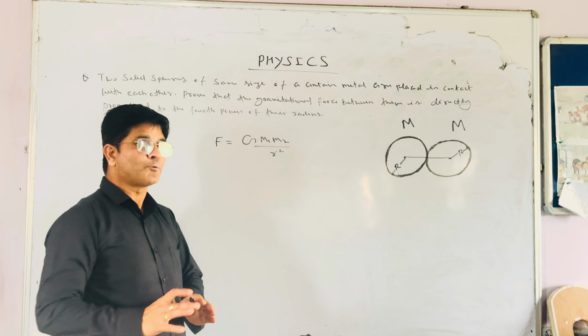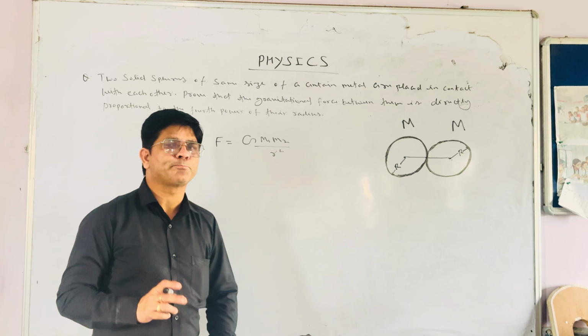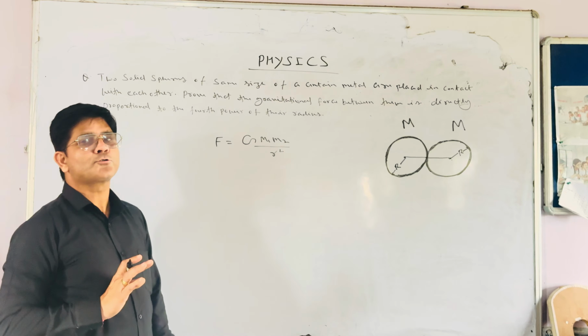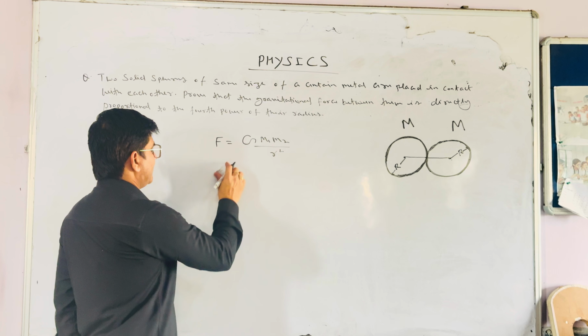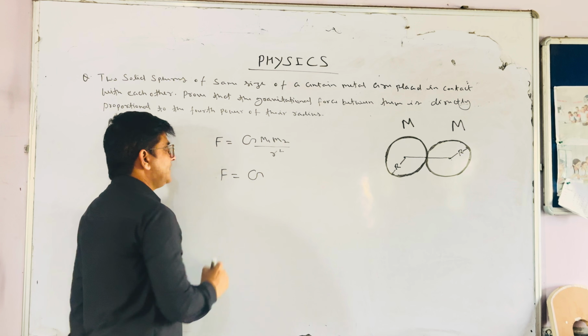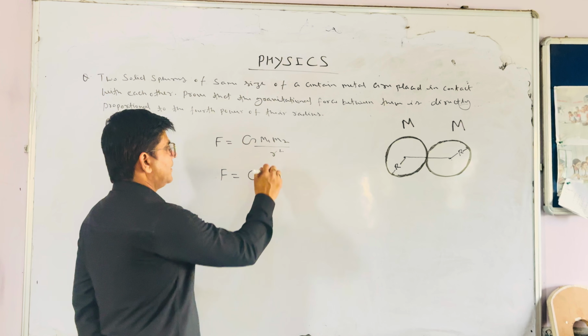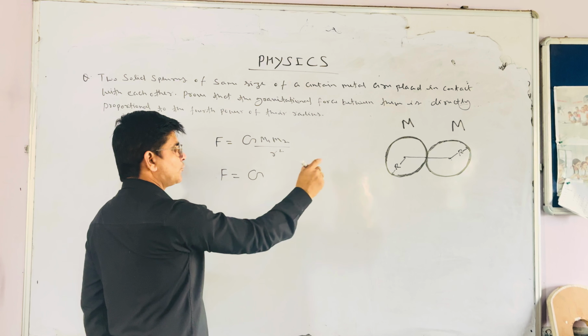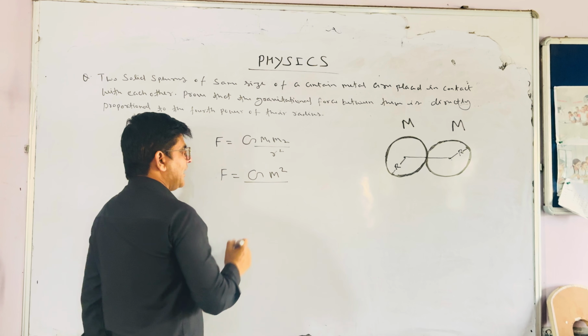But we have to prove that this force is directly proportional to the fourth power of the radius of these two spheres. So let me put the values. m1 and m2 both have the same mass m according to the figure. So m1 is m, m2 is m, so it must be m square upon